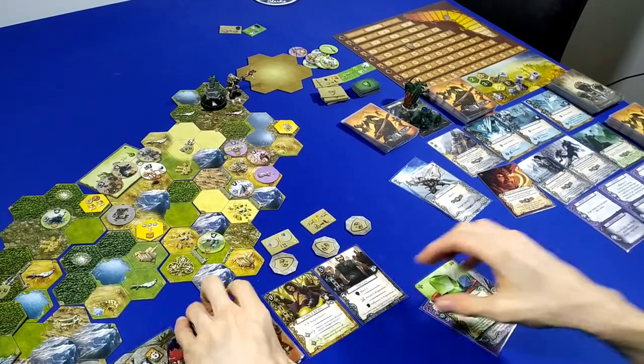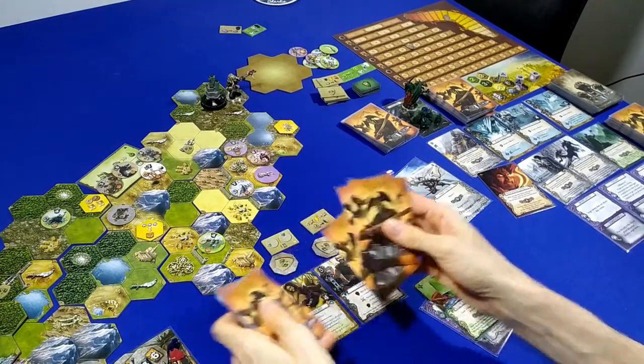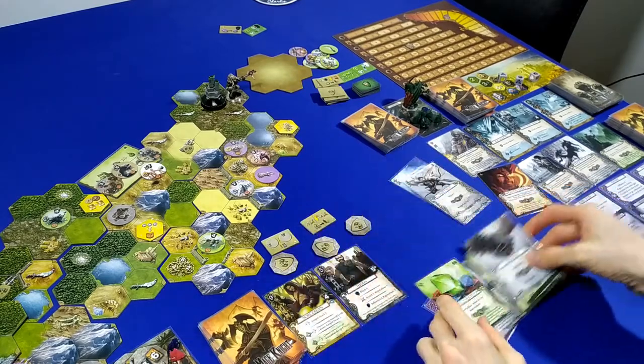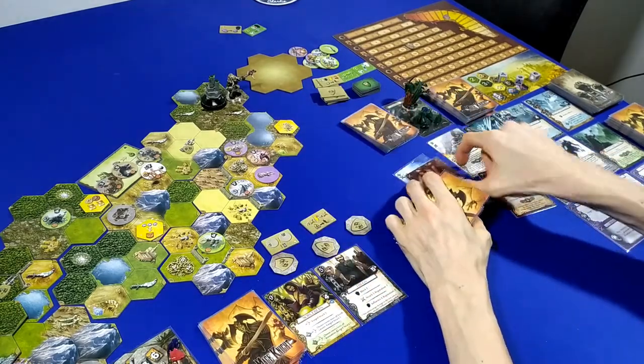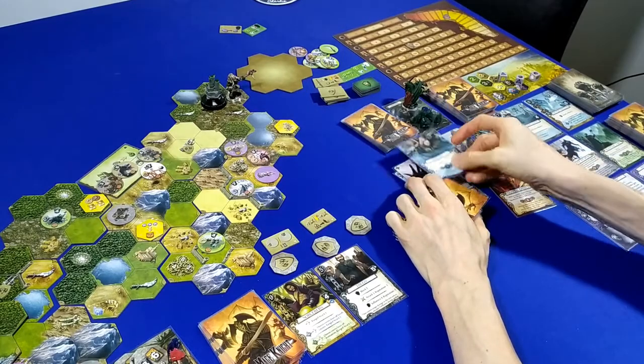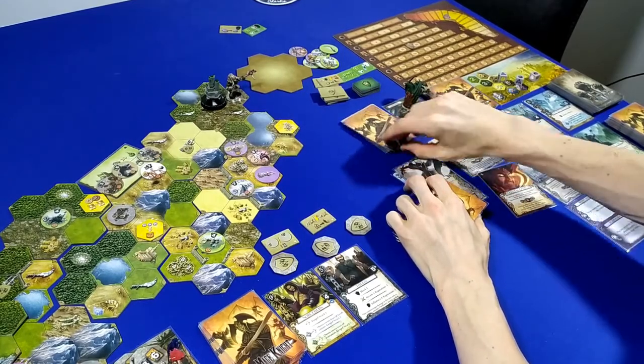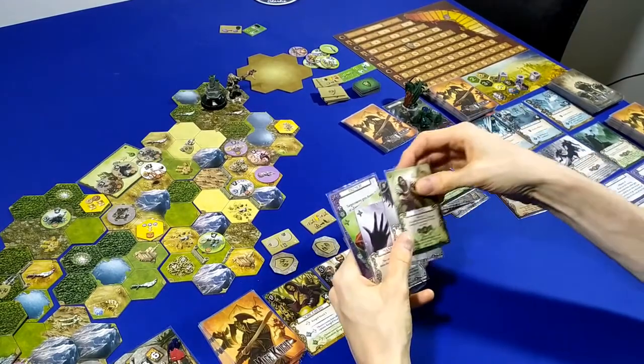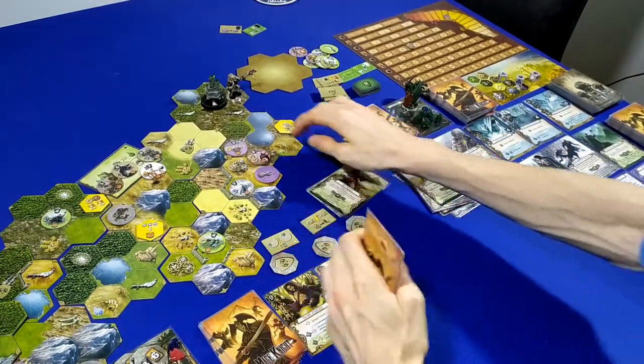We get 3, and then we'll draw another 3. So 1, 2, and 3. And we get Promise, In Need, and Crushing Bolt. Dummy player goes 1, 2, and 3. It's a blue, they get 2 more, 1 and 2. Back to us. I think here we'll play In Need and Promise sideways for a move of 2, and we'll